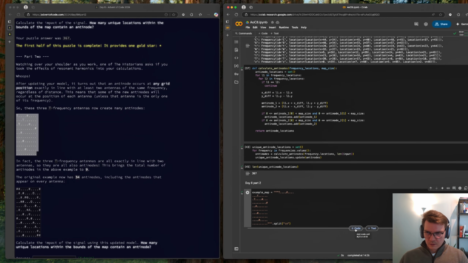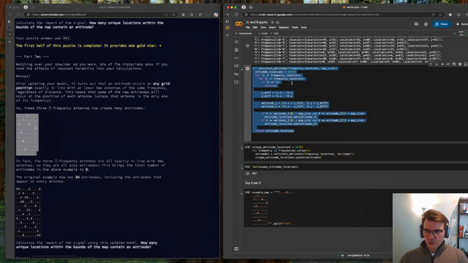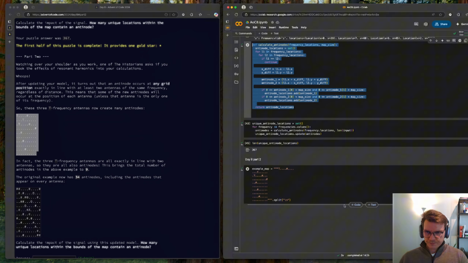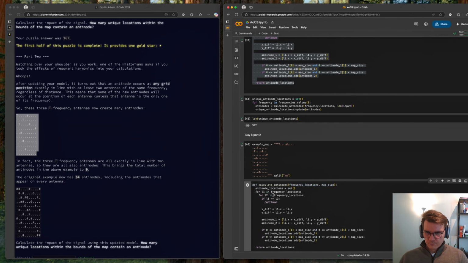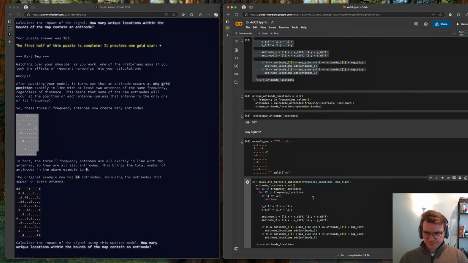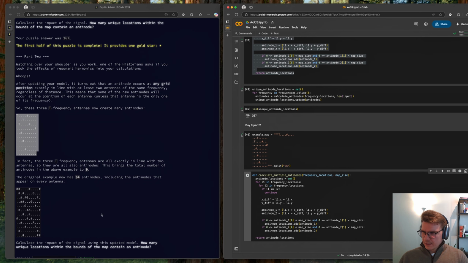And then what we want to do is refactor this calculate antinodes function. We can rename this to multiple antinodes. So basically we need to calculate every antinode, not just these two, which will be within the map. Okay, so